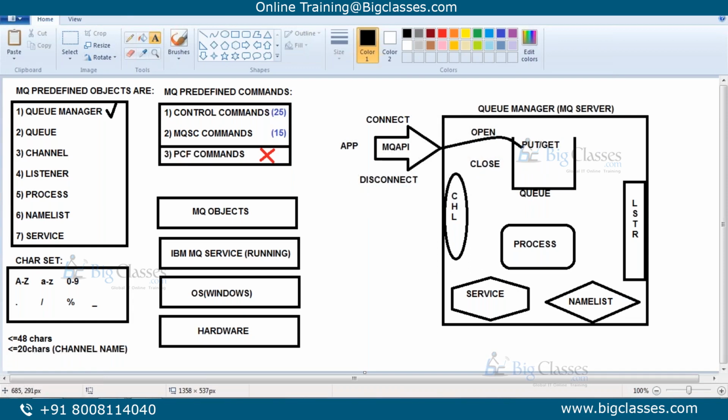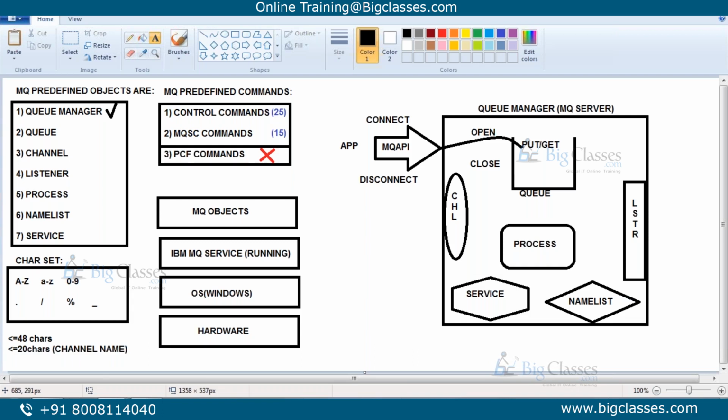So if you take a Java program, it must use JDBC drivers to communicate with the database, right? Similarly, any application, if it wants to talk to the queue manager or MQ server, it has to take the MQ interface.